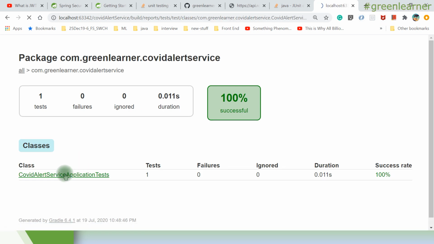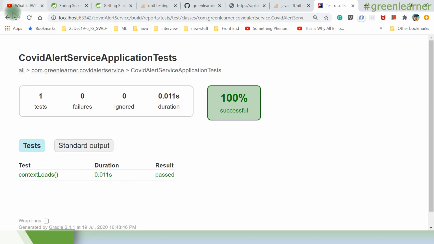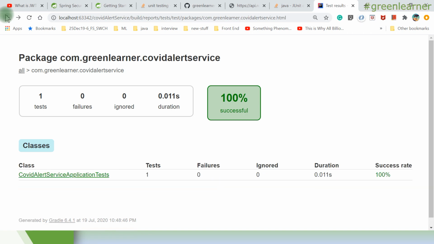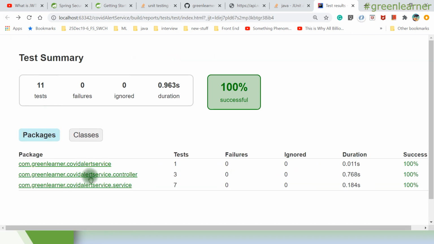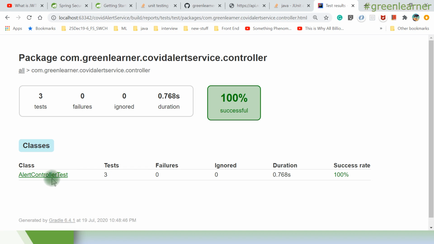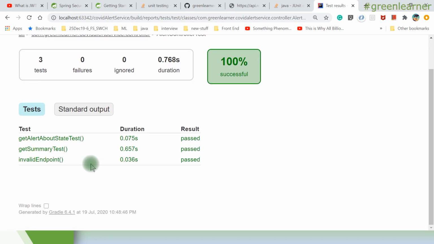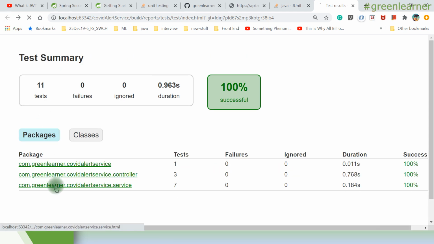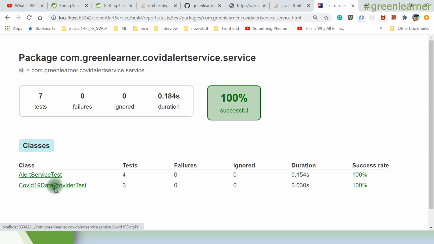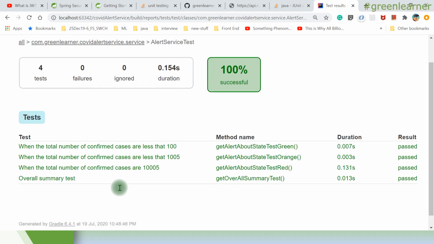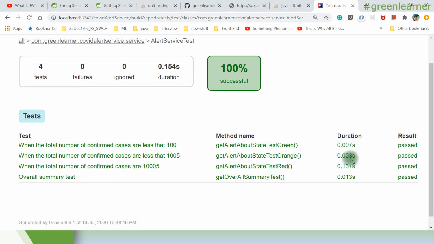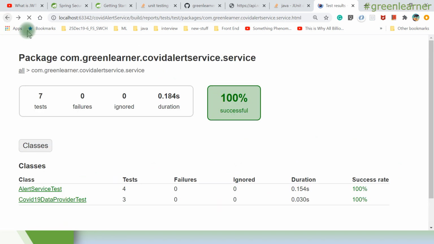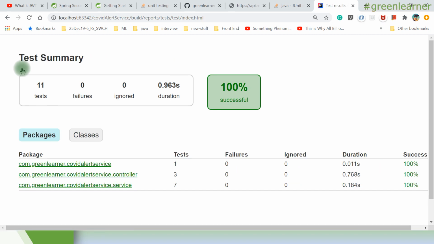COVID alert service is the context load by default; when you create the project, it comes there automatically. The controller test is coming here, alert controller test, 3 test cases, with proper timing and all those things you can see here. For service, there are 2 classes under the service package. These are the tests, with proper display name, method name, and duration for all of them, right? So this is how you can generate the report.